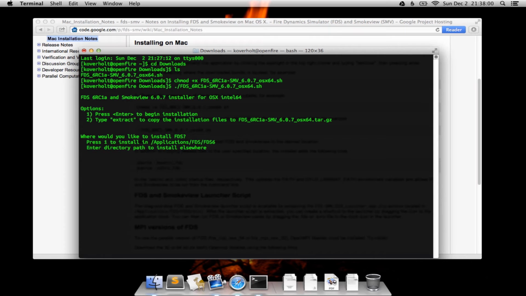If I press 1 and hit enter, the default location is Applications, FDS, and FDS-6. Also, if you have an older version installed, it will be alongside here in FDS-5. You can also enter a new directory path if you wish to install FDS and Smokeview to a custom location. I'm going to use the default location, so I've pressed 1 to select Applications, FDS, FDS-6, and I'm going to